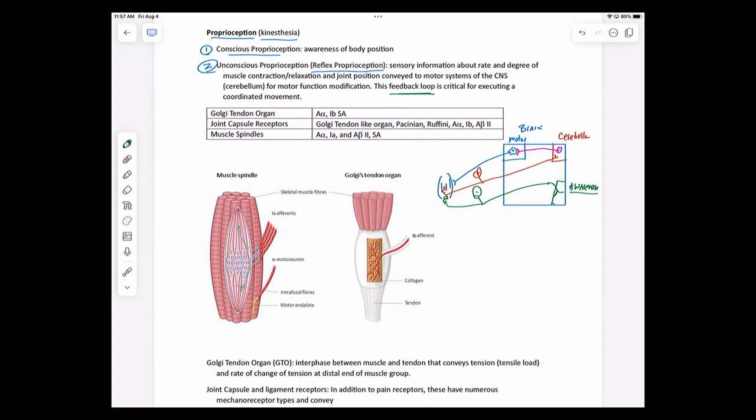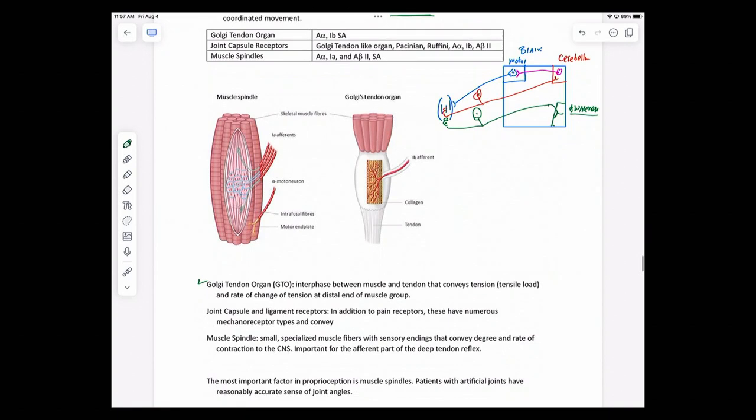So let's get into a little more detail in terms of what's going on. Let's take a look at the Golgi tendon organ. You'll see this in the literature as a GTO. The Golgi tendon organ is an interface between the skeletal muscle and the tendon, and I have a lovely little drawing here. So that is my skeletal muscle there, and obviously that's my tendon. So I have some collagen-like connective tissue that is the interface between the skeletal muscle and the tendon, and I have some sensory information coming from that. So again, this is going to be going to my brain.